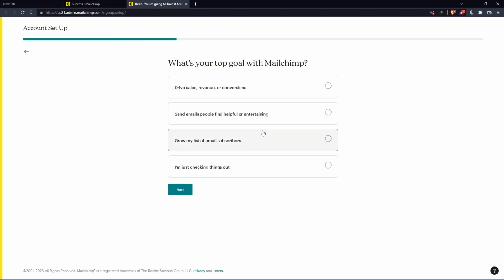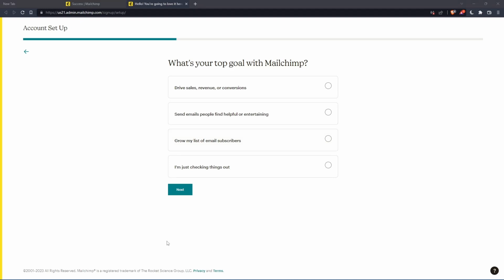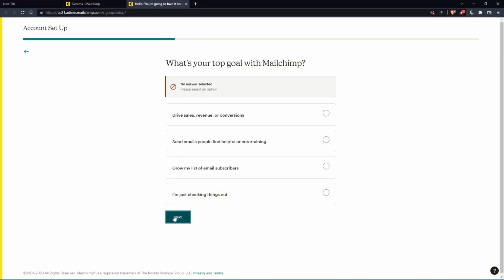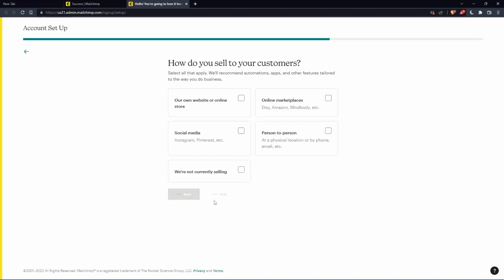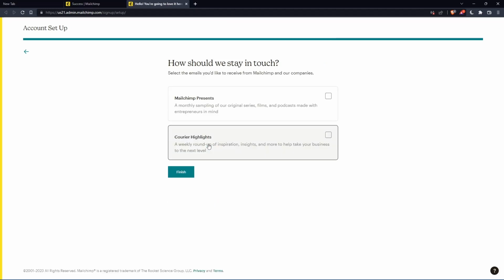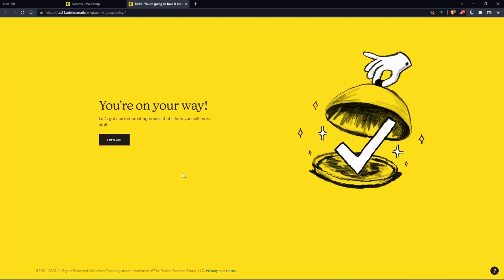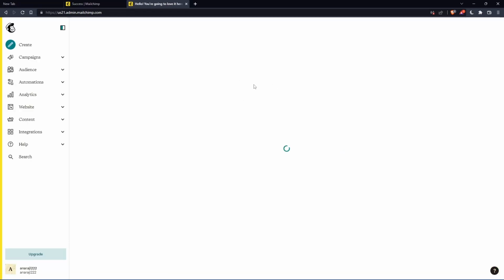And here, of course, you'll have to answer some questions. If you don't want to, it's cool. You can just keep pressing next, as you can see. But the first one, you should actually just answer it, and you will see the rest of them. You can actually keep clicking at skip. Once you finish, click on finish. And as you can see, once you click on let's go, you will find yourself on the home screen of